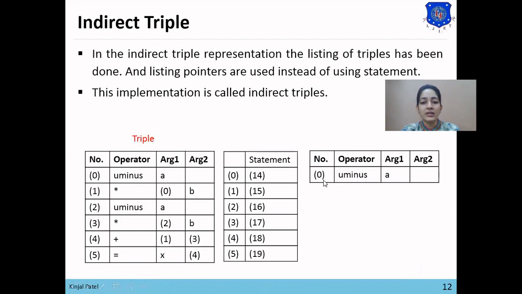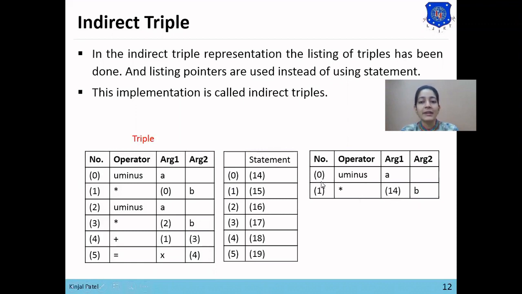So here 0 represents the unary minus A. Now next, in one instruction there is expression 0 star B. 0 is the result of unary minus A. So now we want to perform 0 star B, means unary minus A star B. The result of this 0 has been stored in pointer 14. So we'll use pointer 14 instead of 0.